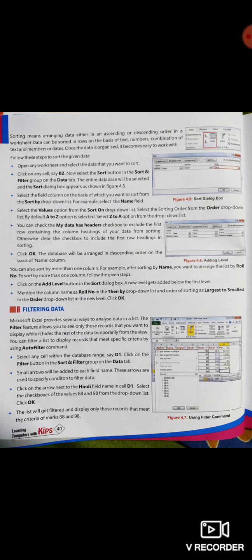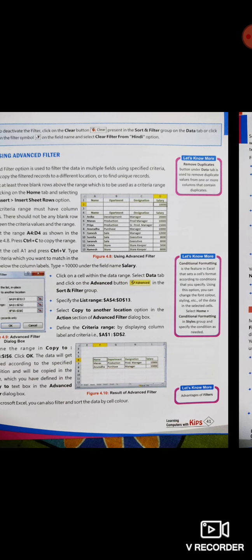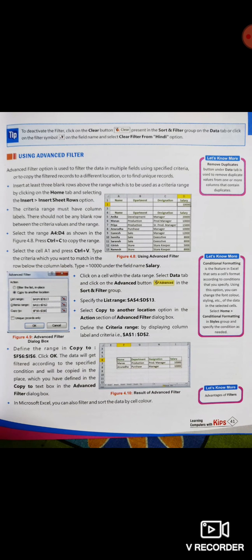So how can we deactivate the filter? To deactivate the filter, we have to click on the Clear button present in the Sort and Filter group on the Data tab.